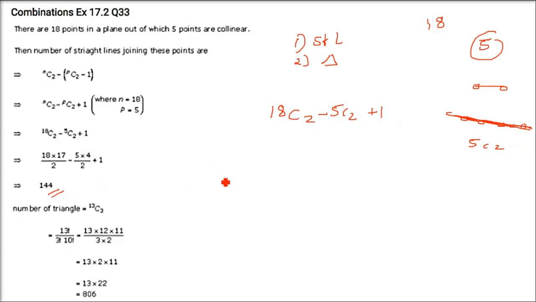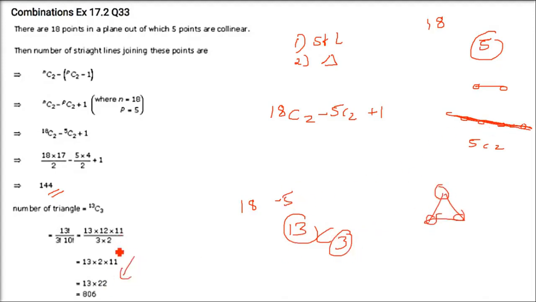The number of triangles. Whatever is the case, there are 18 points. And how many points are collinear? See, the case is different. It is not 18. We remove these 5. So it will be 13. In 18 we just remove these 5 collinear points. So 13 are the only points which are used in making a triangle. So 13C3 is the answer. I hope you get the idea. 3 points we need to take for a triangle. 5 points you remove from 18, this is the answer. Okay.